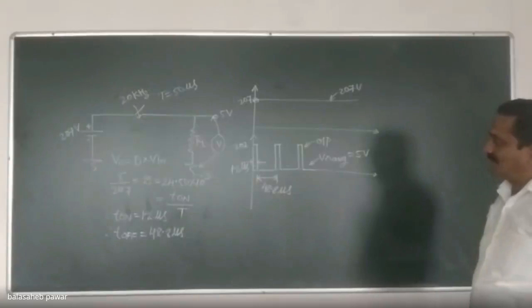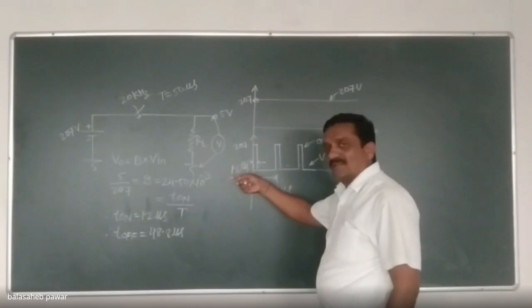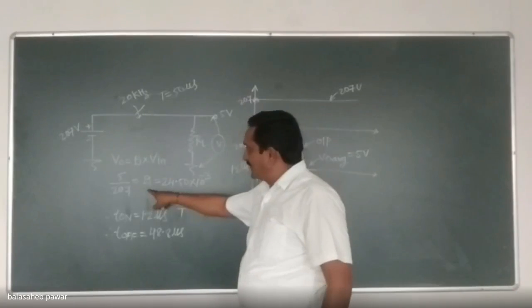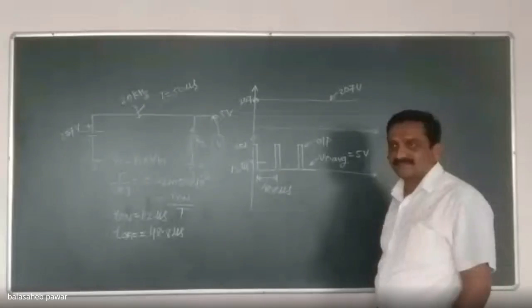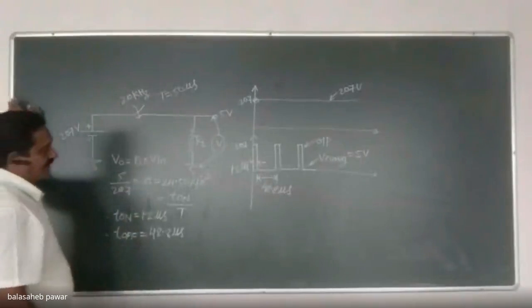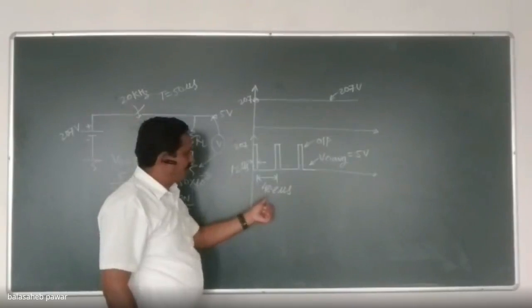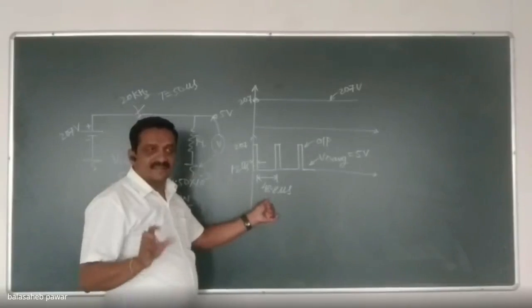Yes or no? Yes. That switch will remain off for 48.8 microseconds and will remain on only for 1.2 microseconds, according to our calculated value of duty cycle by taking its switching frequency at 20 kilohertz. Total T for the 20K is 50 microseconds. That means the switch should get on and off continuously with this much time period: T on at 1.2 microseconds and T off at 48.8 microseconds. Do you agree with this?